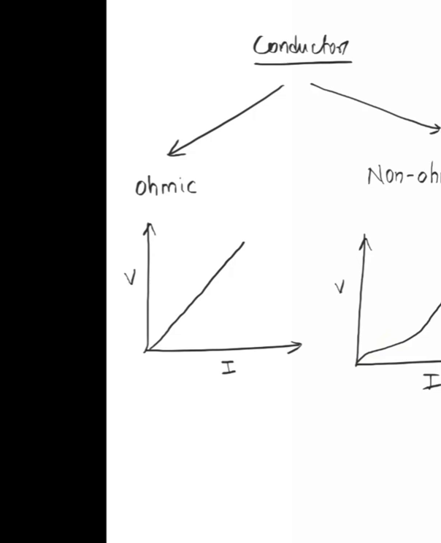And what are the examples of ohmic conductors? All the metals, like for example copper, silver, iron, are considered to be ohmic conductors. And what are non-ohmic conductors? The filament of a bulb, like tungsten, is considered to be non-ohmic. Another example, guys, is diode valves. Anybody heard of diode valve? Diode, triode.